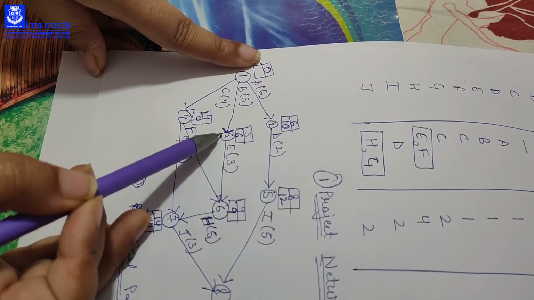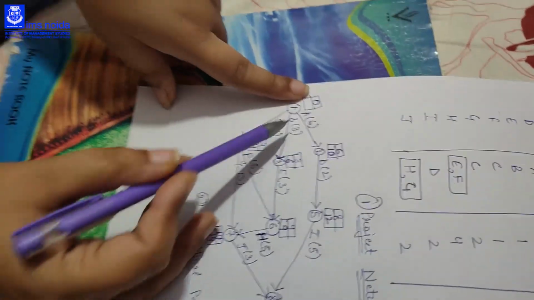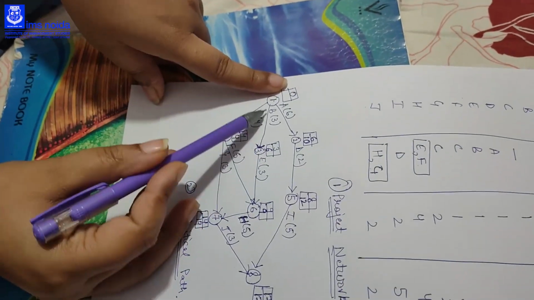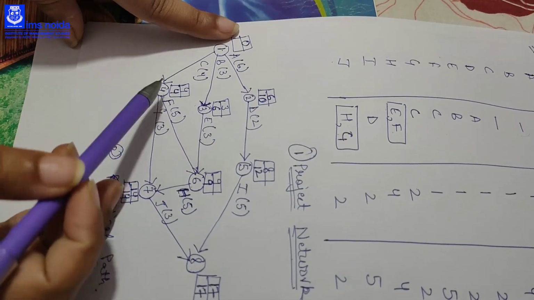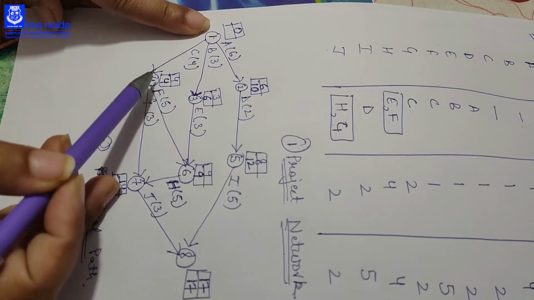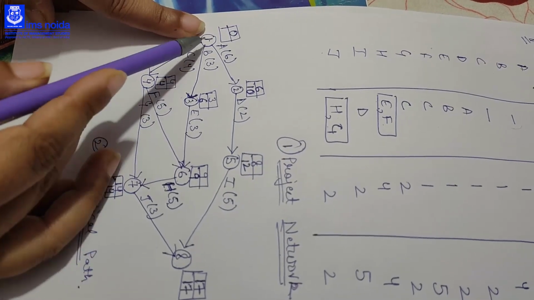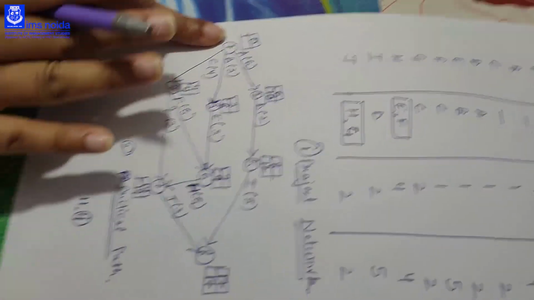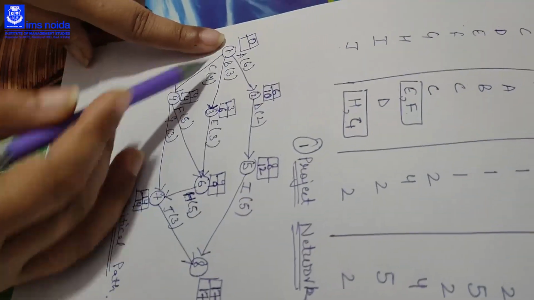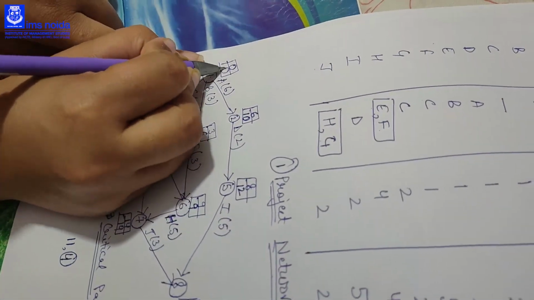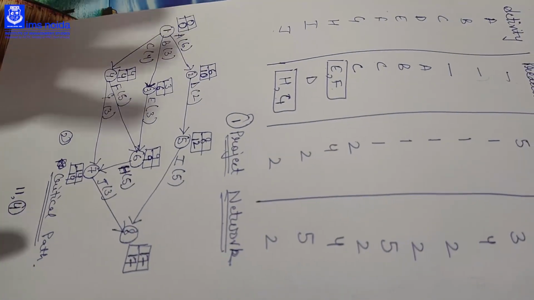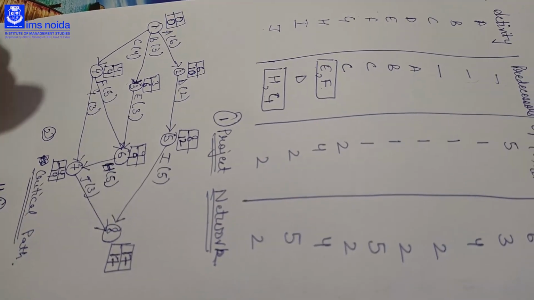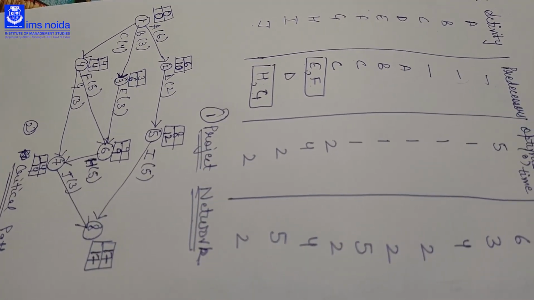If you are coming from 3 to 1, 6 minus 3 is 3, you are again not getting 0, so this is also not the way to come to the 1. Then if you are coming from 4 to 1, 4 minus 4 is 0, you are getting 0. That means you have calculated ES and LC correctly, and the way to come to the 1 is 4 to 1, so we got the 0. Okay, so we are sure that we have got ES and LC correct.